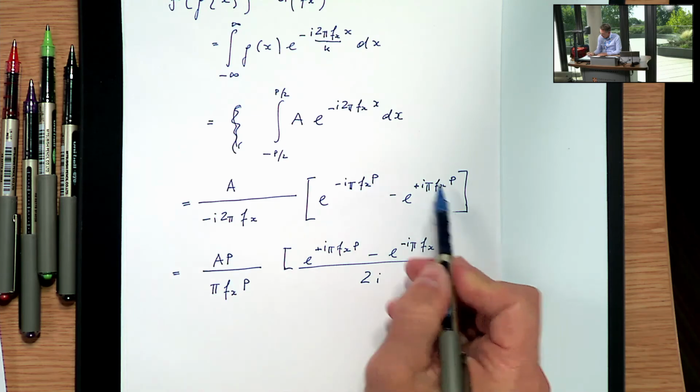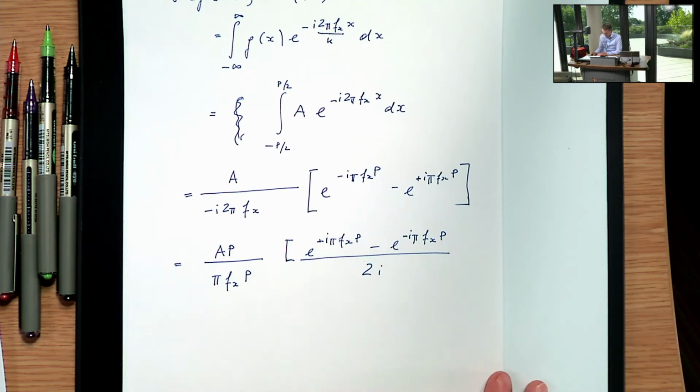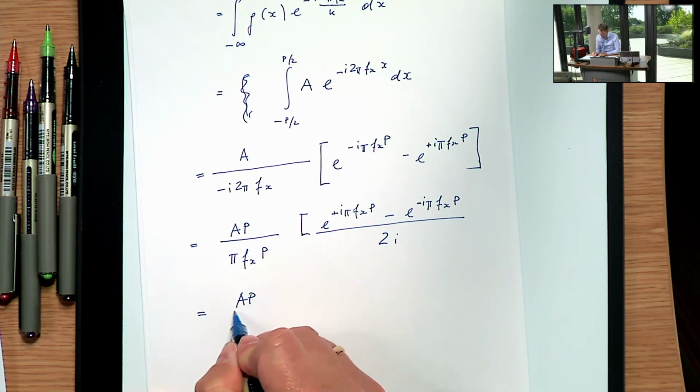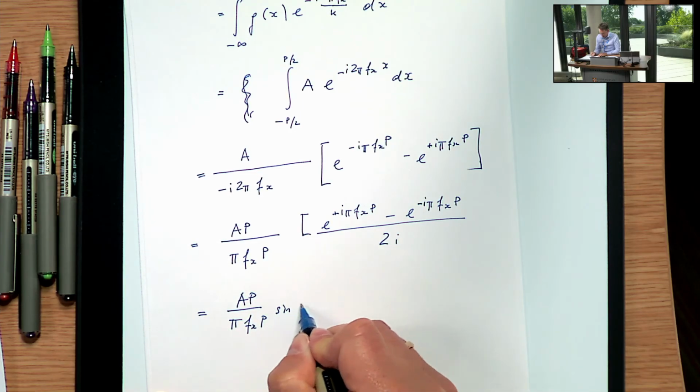So I've taken the minus and reversed those two things here. I've taken these two bits down below here, and that then turns out to be A p over pi fx p sine